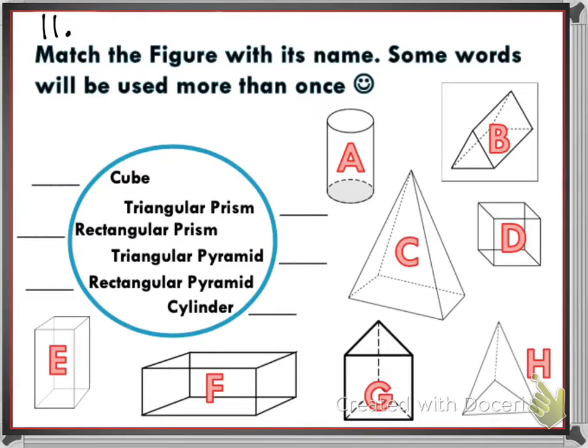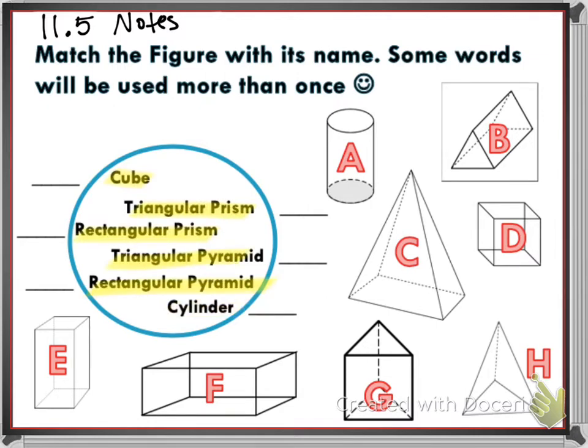Okay, so starting on 11.5 notes, you'll see this section. This is actually review over 11.4. You'll need to be able to name and identify figures on your quiz, if you haven't already taken it. We're going to match the figure with its name. Some words will be used more than once. I'm actually just going to go in ABC order and then see if it's a cube, triangular prism, rectangular prism,